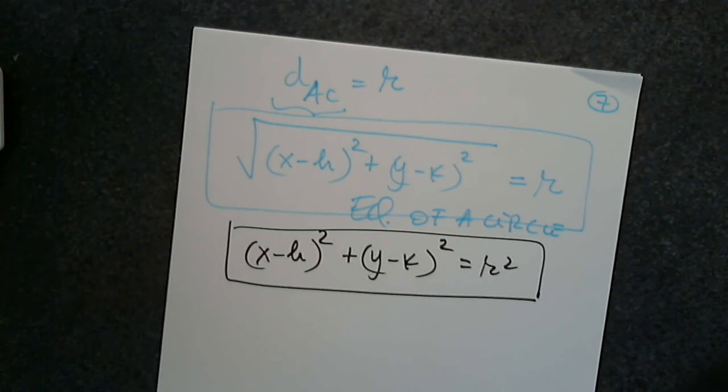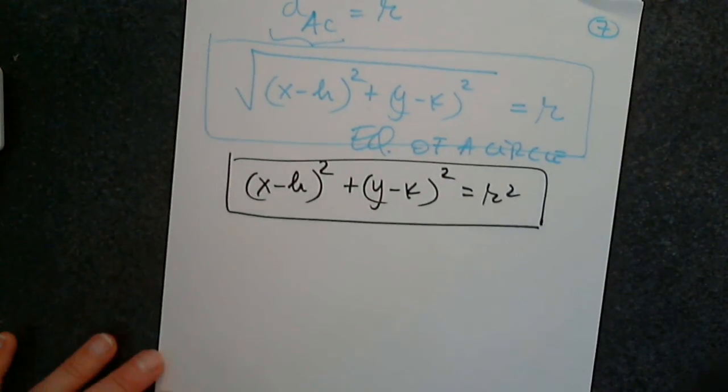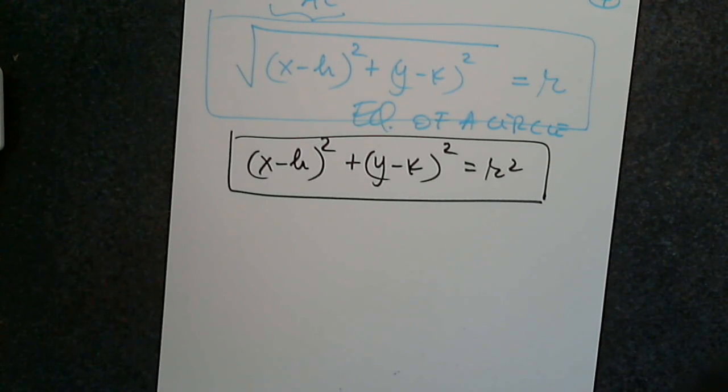There are 3 types of problems in this section about the circle. 3. Allow me